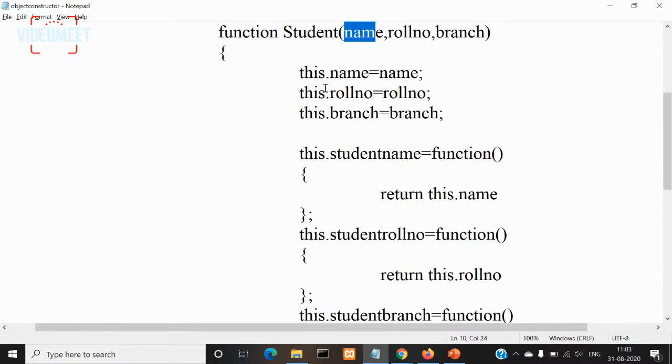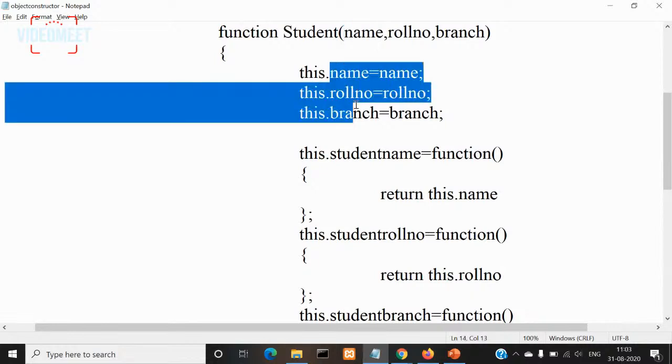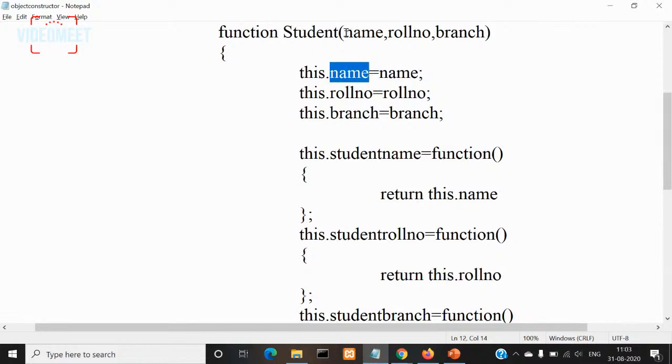Here also the properties. Properties are nothing but variables or instance variables in classes. So every object is associated with some properties. So associated with the student object, I want to have three different properties: name, roll number, branch. So their names are exactly matching with the parameter names. So to refer to the object properties, we use this keyword, this dot name, and to refer to the parameter, we use the normal name. Right? So this dot name is equal to name, this dot roll number is equal to roll number,